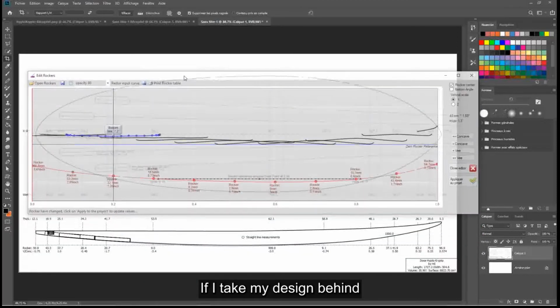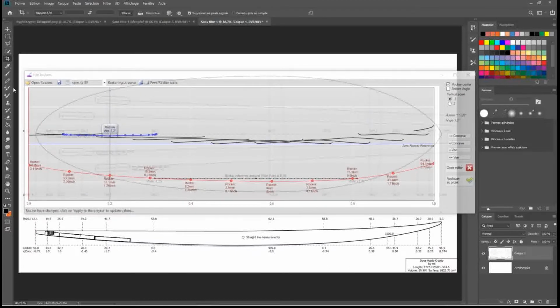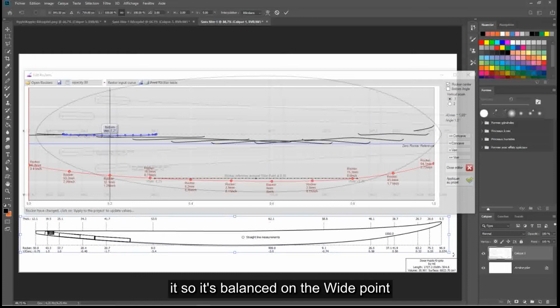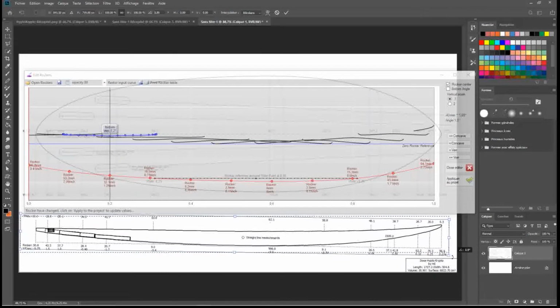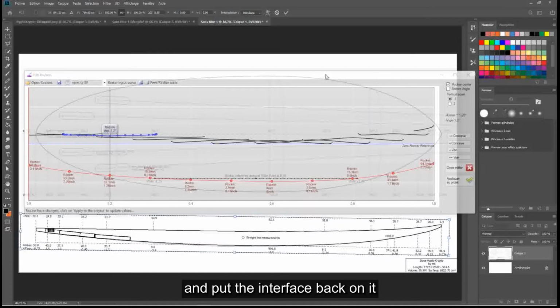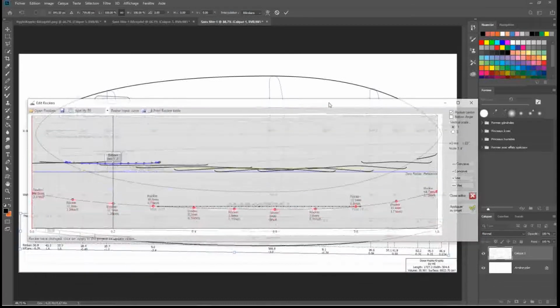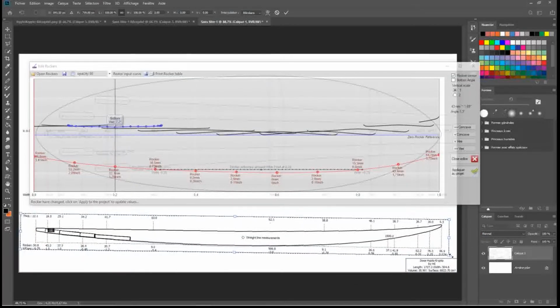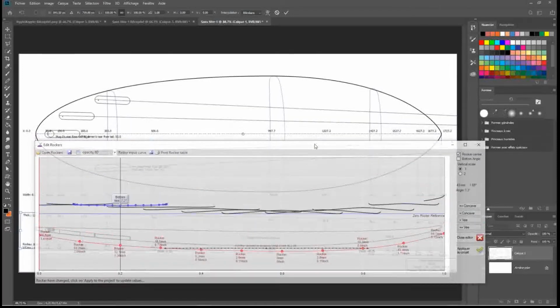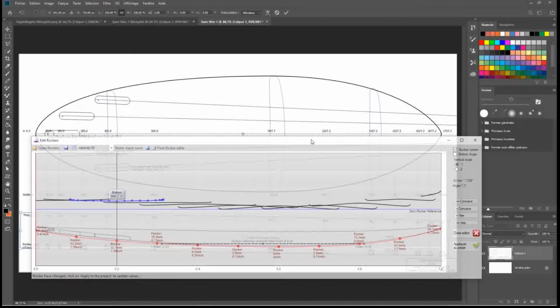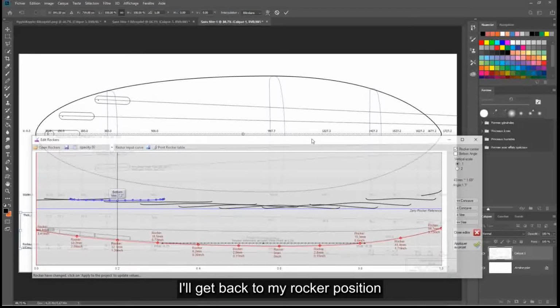If I take my design behind and rotate it so it's balanced on the wide point, and put the interface back on it, I'll get back to my rocker position.